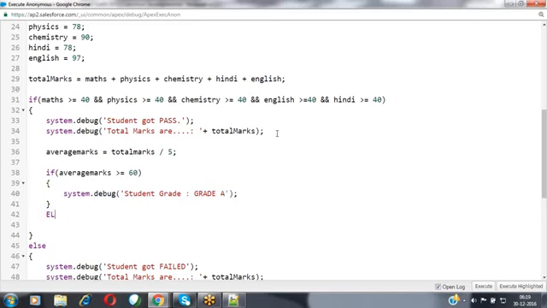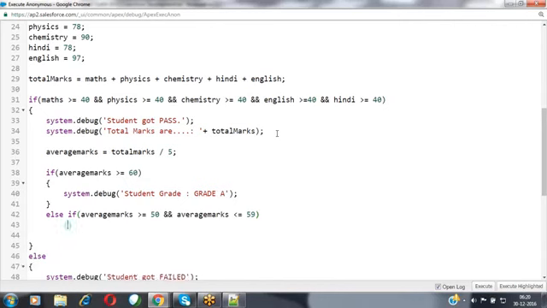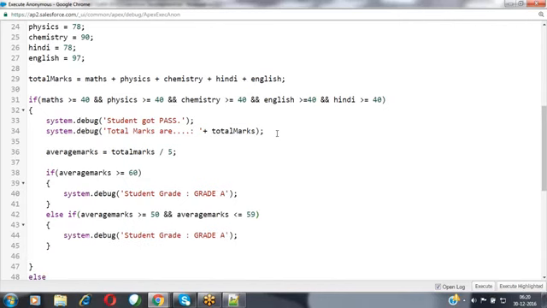Now, else if this condition is not satisfied, I'm verifying one more. If average marks is greater than or equals to 50 and average marks is less than or equals to 59, so at that time, I want to show the message student got grade B. Else, I want to verify.